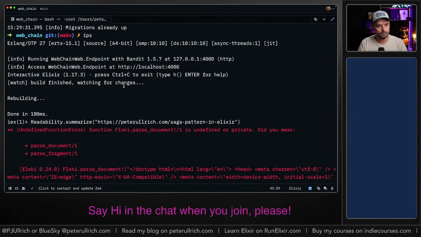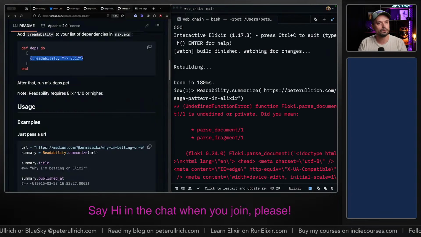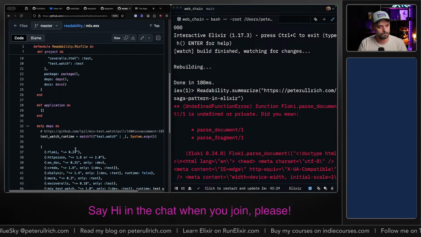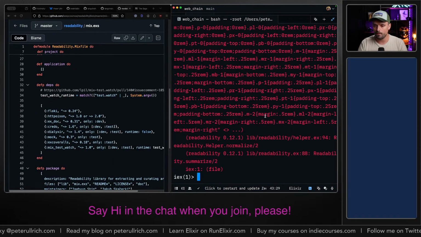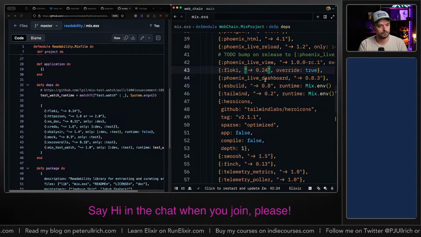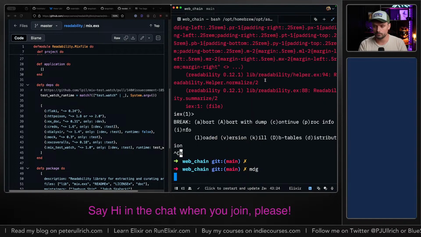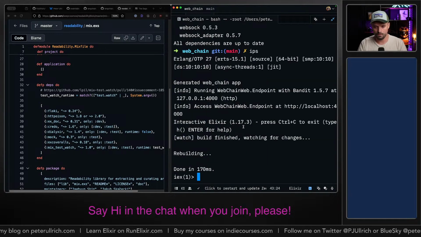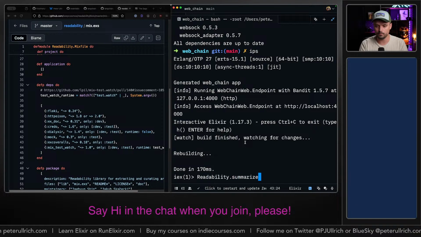Wait, but didn't we use the library that they needed? Where is it? Floki 0.24. That's weird. Okay, readability, summarize.